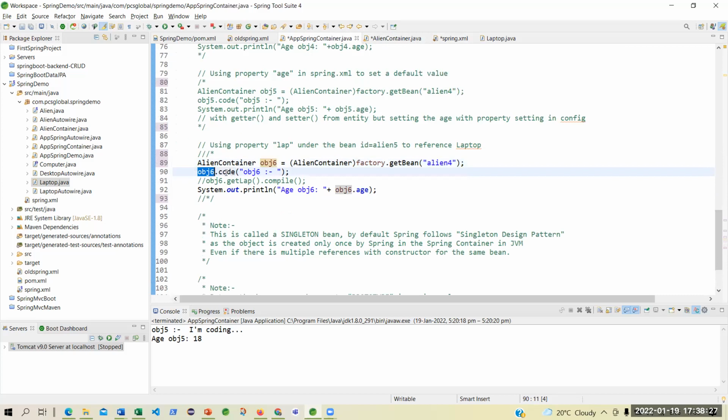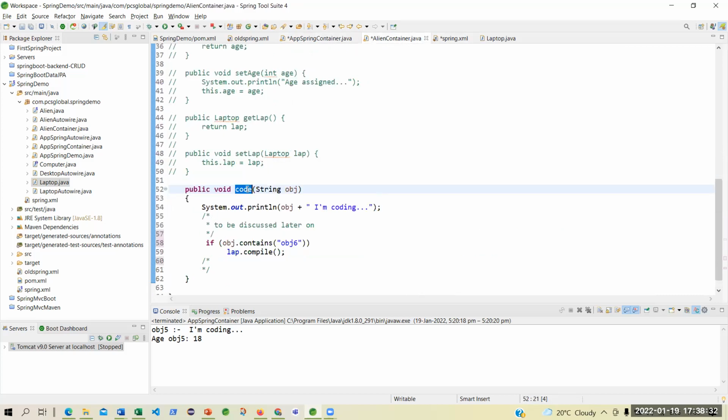So basically, I'm calling the code. So it will go to the align container. It will execute this code with the obj6. So will the obj match obj6?